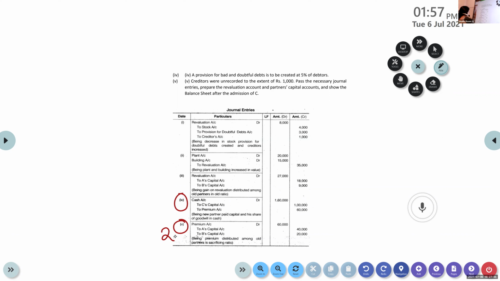Okay, so that part is over. Now let's move on to revaluation. What is happening to each and every asset? It's almost time. We'll continue in the next class. Or if it is possible, you can do it as homework. Try it from home. We'll discuss it in the class. Definitely we'll be doing this in the class itself, but still try from home.